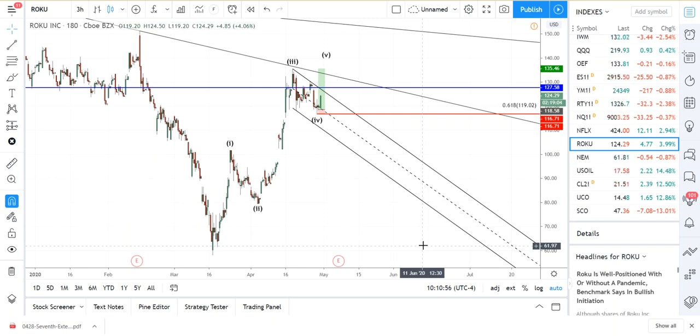Hey guys, Dave here. Just want to do a quick video update of this trade I have going in Roku. This is a trade that I started yesterday. Basically, when I pulled up the chart,